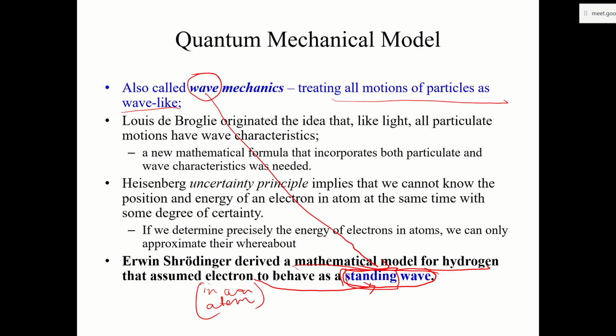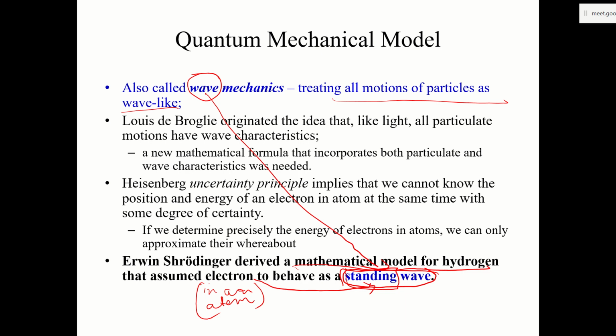So electrons that we are taking in this atom, electrons which are part of an atom, which are bound to a nucleus, which are attracted by a positively charged nucleus, they behave as a standing wave. Standing wave का मतलब which is not, over a period of time they are not moving anywhere, they are not traveling. Okay,